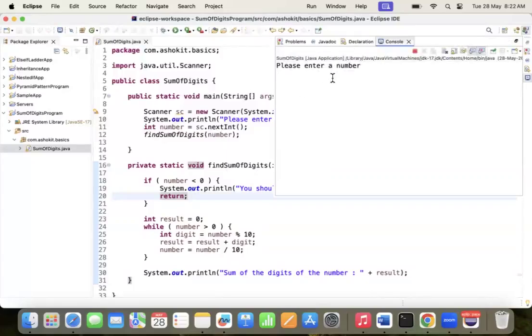So please enter a number. Let's say I gave a number called minus 459. It's a negative number. So I'm getting the result: you should enter positive integer only. Am I clear? Now, guys, I want to enter a number. So please enter a number. This time my number is, for example,